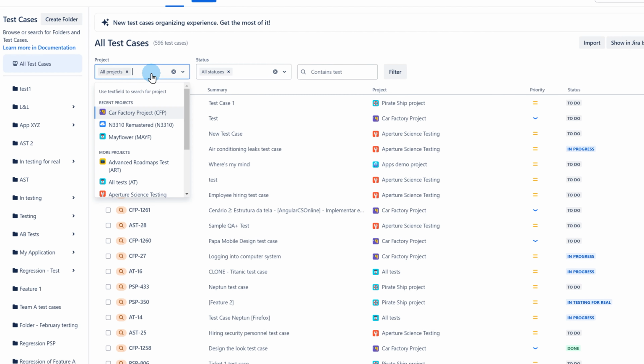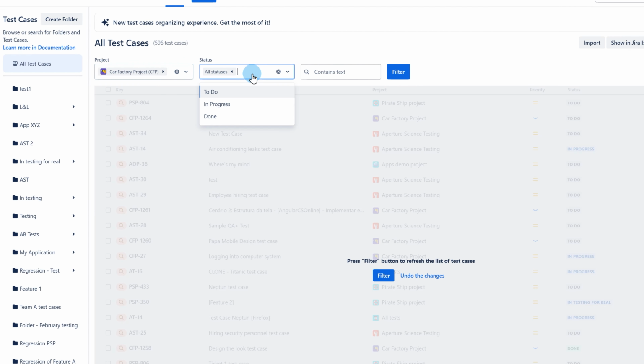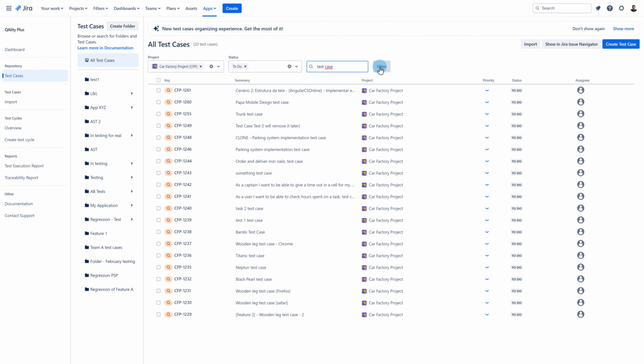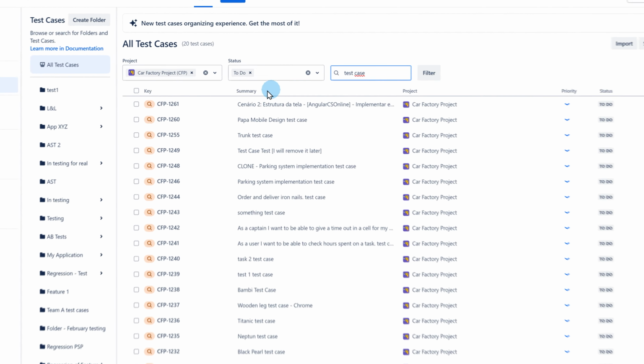For example, I will search for all the test cases in the Car Factory project that are to do and include test case phrase in their summary. Let me click on the filter button to see the results. Now I can select some of my test cases